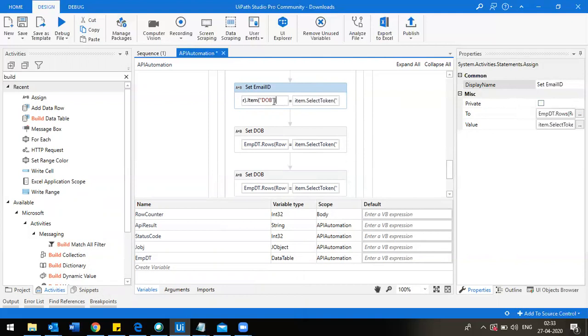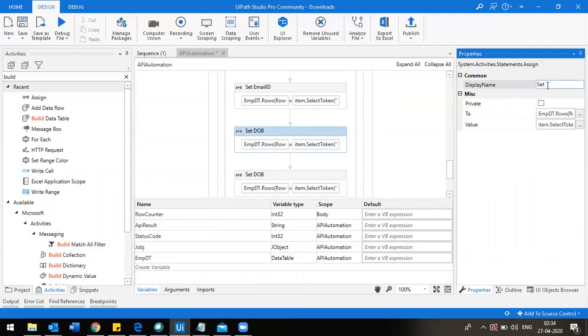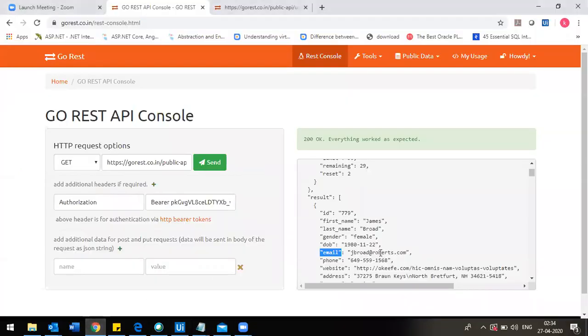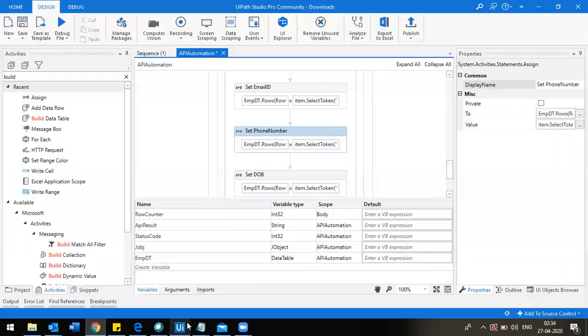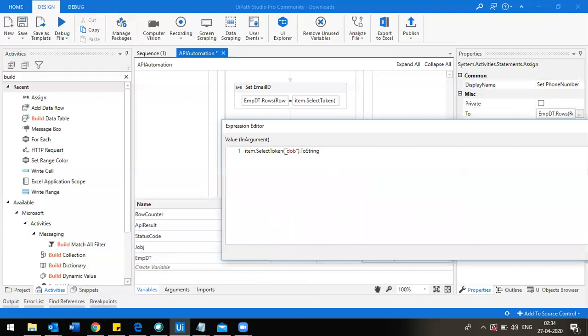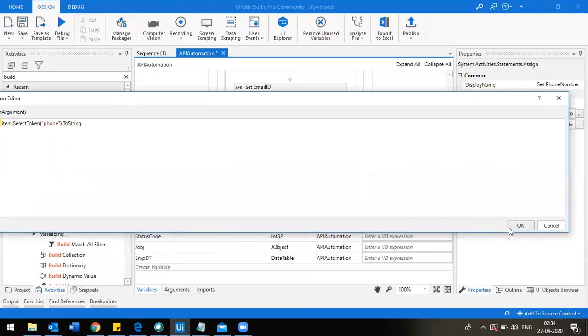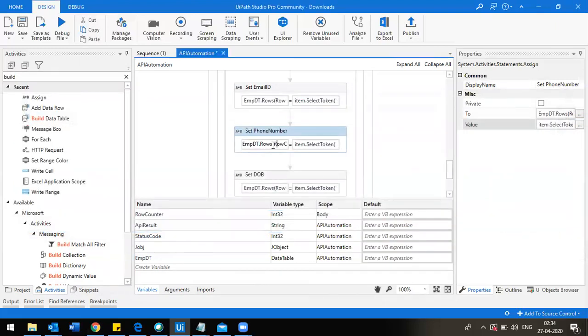So in the left hand side, it should be email ID. And then this one is for phone number. So phone number is this one. Okay. Click on OK. And the left hand side, it should be